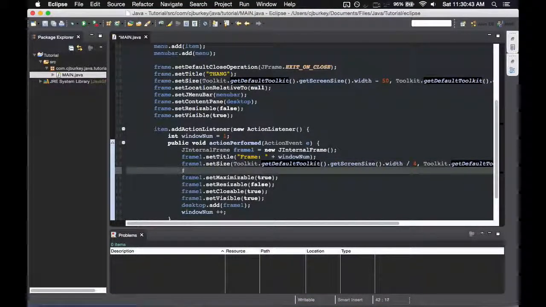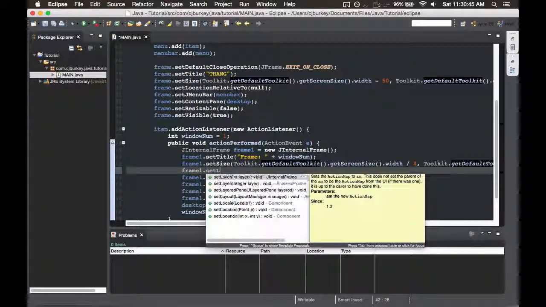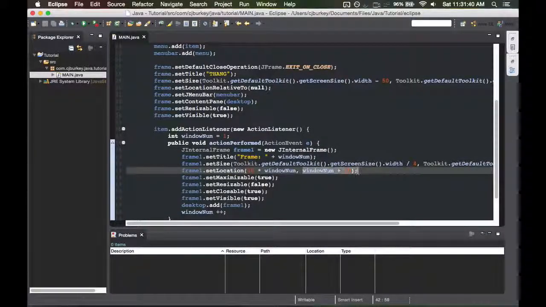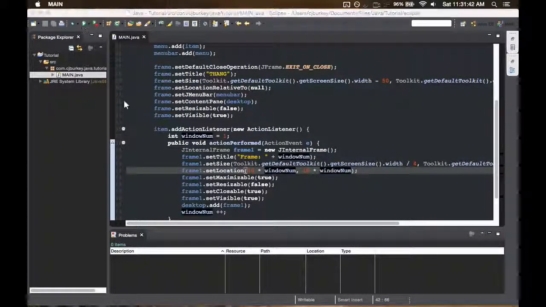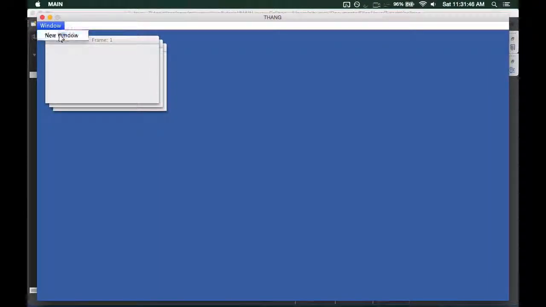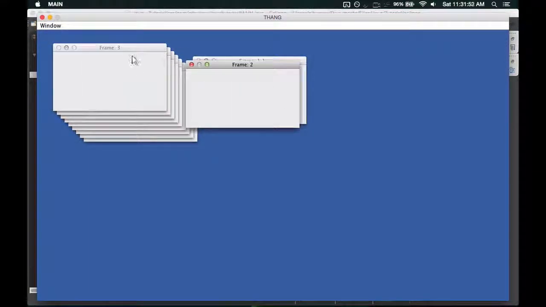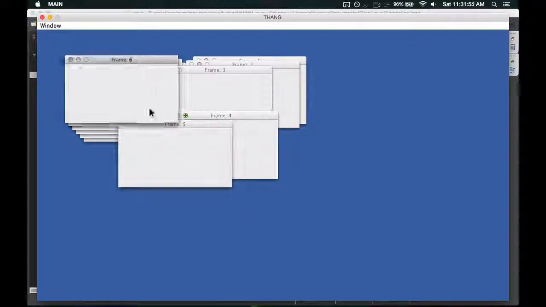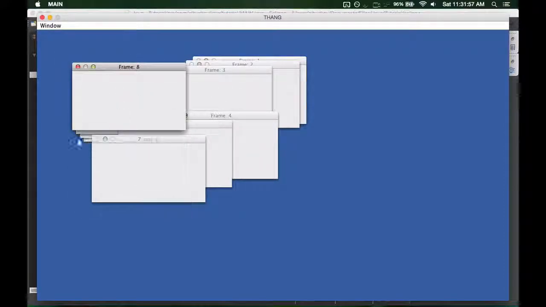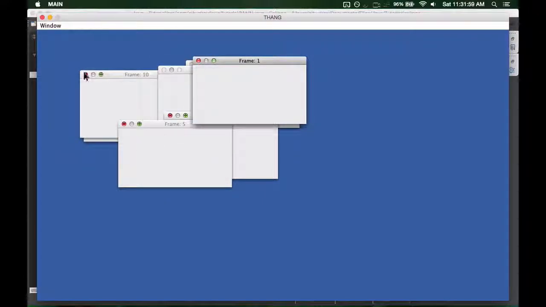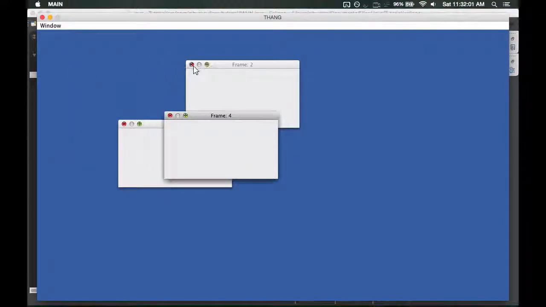Now I believe you can actually set your location, frame window set. So now, every time we add a new window, it will go like that, so that you know you have more than one. Yeah. So, yeah, that's pretty much how you